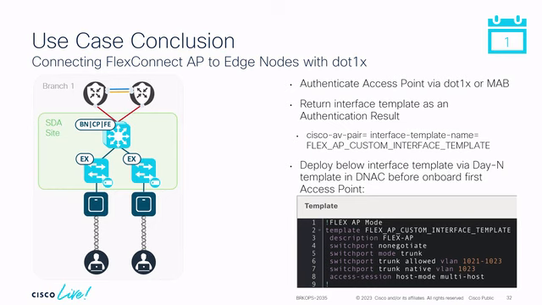So what we did, I authenticated the access point, in my case with .1x. If you are happy with MAC authentication bypass and you are not that concerned about security, you can use MAB as well. You can use certificate or username password, both work, and you just need to return the interface template itself. And important, the interface template needs to be deployed first on the switch itself, so that it can be assigned to the port. And maybe you saw in the demo